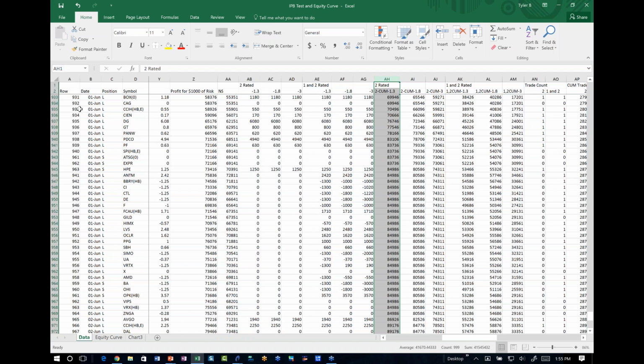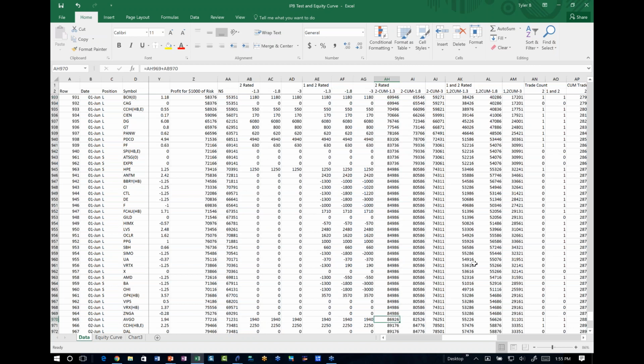on trade number 933, and I didn't do 933 trades because I don't take every trade, only took the number 2 ones, okay? So anywhere you see a 0, there was no trade taken for this column. So there was a whole bunch of trades that were never taken on this particular strategy. Anyway, as of June 1st, it was a profitability of $84,986. That basically means an RR of 85. The day before, early in June 1st, it was 69. So it was a good day on June 1st. So the profitability grew from an RR of 70 to an RR of 85. And ultimately, by the end of the day, it was an RR of 86.9.